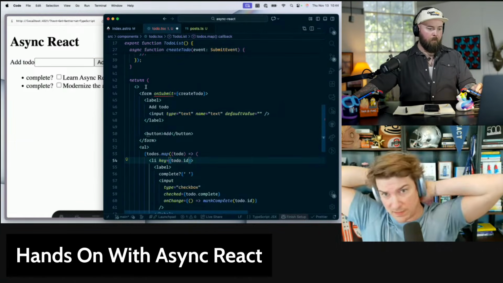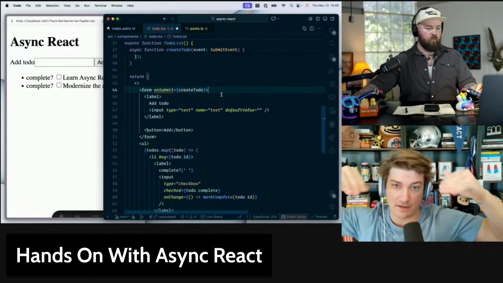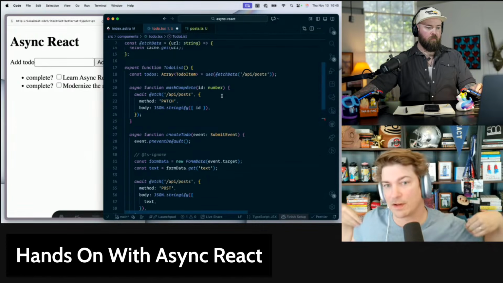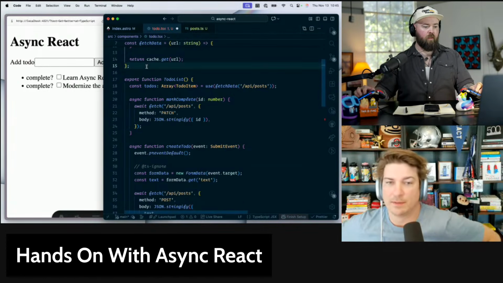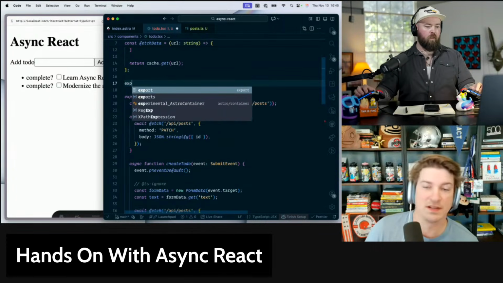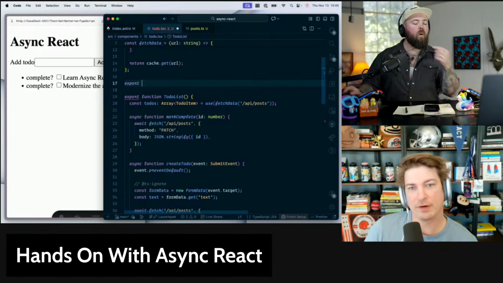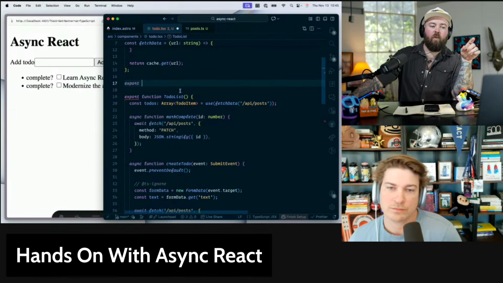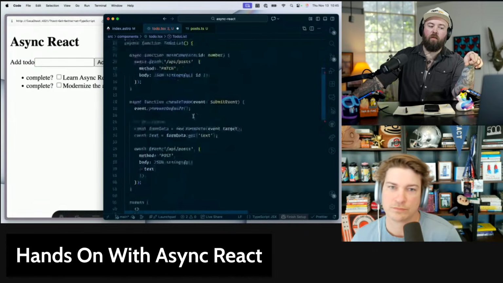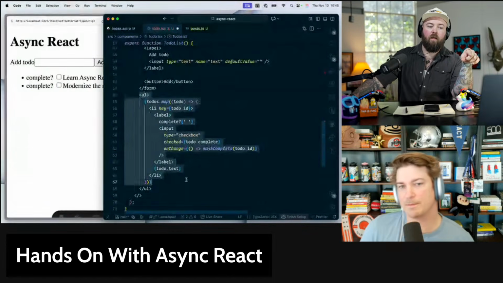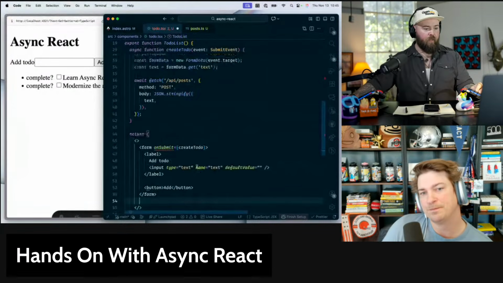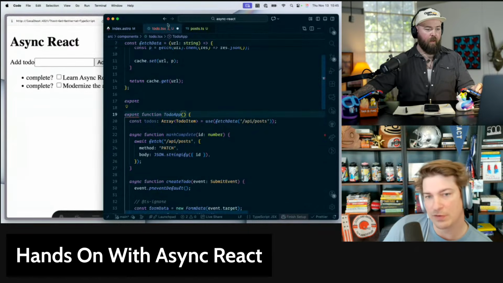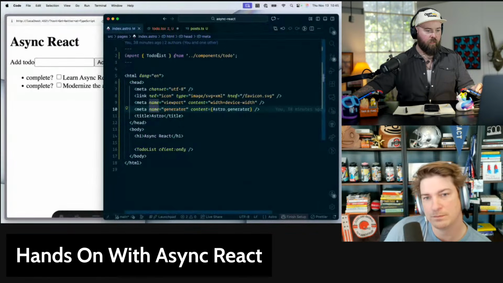So to do that, we're going to need to have a higher level component. This to-do list will need to be a child of the component that's exported, because you need the suspense to happen in the component below the suspense boundary. And then thinking about the app experience, do I want to wrap the entire thing or do I just want to wrap this list? Just the list, yeah. So let's pull only this list out, and we'll call this one TodoPage, this one TodoApp, and then we'll come back out here and change this to TodoApp.